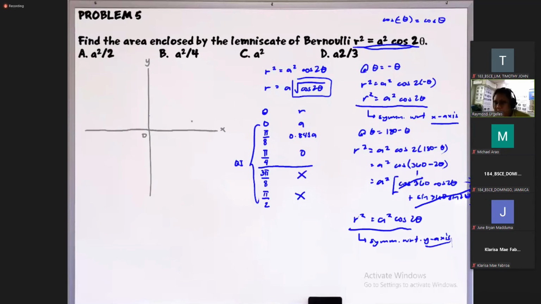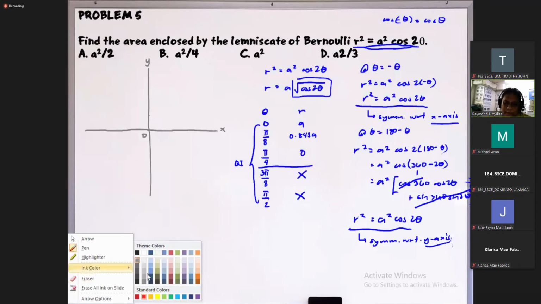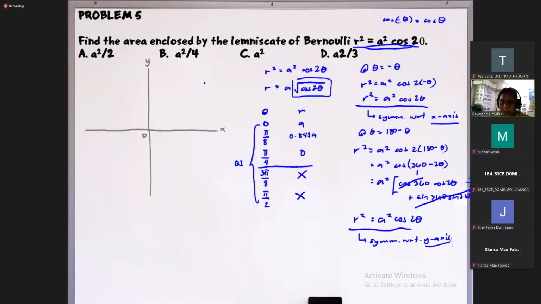So now, let's try to graph. Okay, nakabasa yung polar curve natin. So again, ano yung mga points natin? Nag-given dito, okay, so we have 0A. So let's consider this as A. So ito yung isang point natin. Theta is equal to 0, so r is equal to a, so tama lang. So ito yung theta is equal to 0, so yun yung x-axis. Tapos yung radius niya is yung distance from the origin.